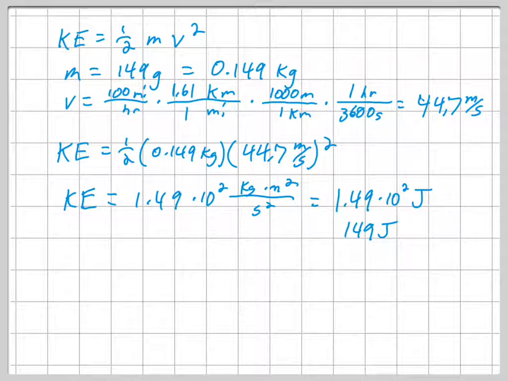Now the second problem that we posed here is a batter hits a pop fly baseball, same baseball, 149 grams, reach altitude of 250 feet. If we assume that the ball was 3 feet above home plate when it's hit by the batter, what is the increase in its potential energy? All right, now potential energy